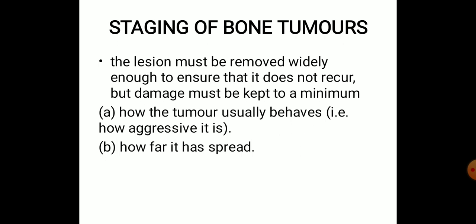So when we are staging each of these bone tumors, we are actually looking at how the tumor usually behaves, whether it is aggressive or non-aggressive. Aggressive mainly means that it's spreading to the surrounding tissues. It goes for metastatic growth. Second one is how far it has spread, whether it is a localized one or an area of spread. So these are the two main things we keep in mind when we are going for staging of